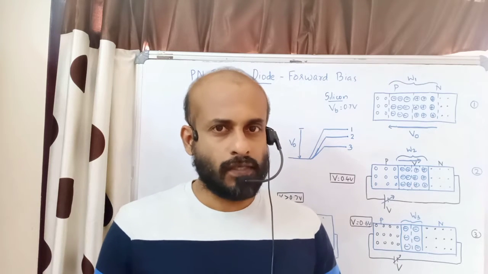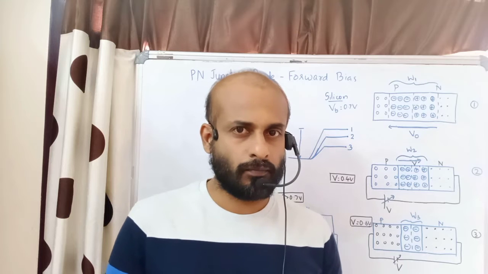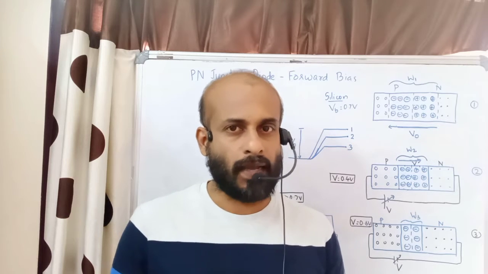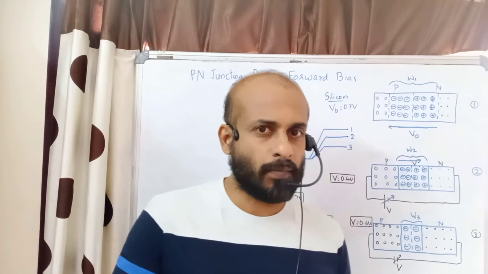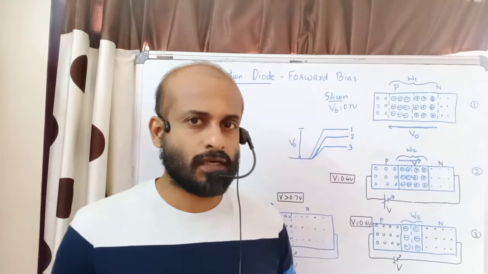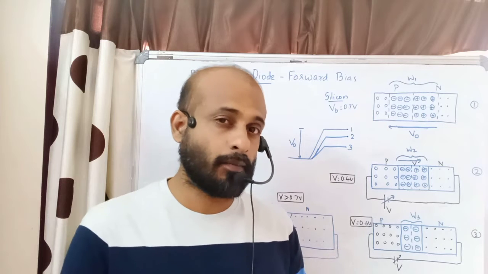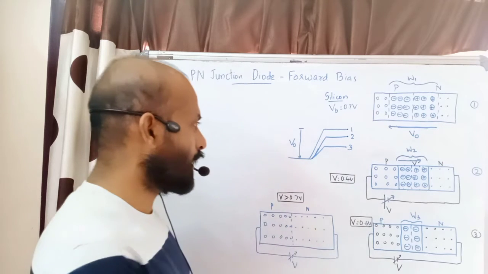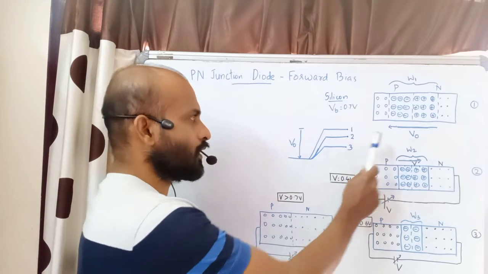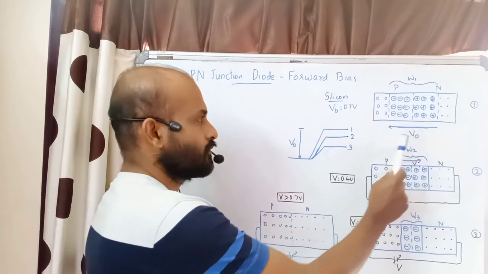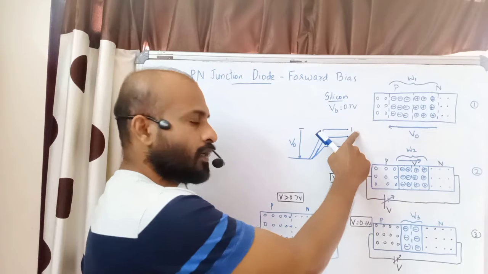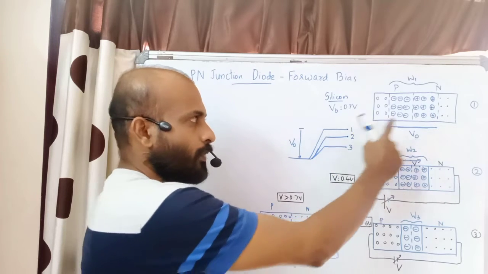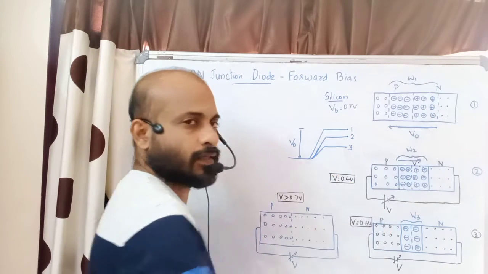Okay, now we will see how it performs when we connect an external battery, an external power supply. So we have seen the barrier potential. When there is no external power supply, there is a very high barrier potential. Now we can see the diagram. This is a lower potential corresponding to the negative charges, and for the positive charges there is a high potential. Now I have marked a number 1 here. So 1 means there is no battery connected.